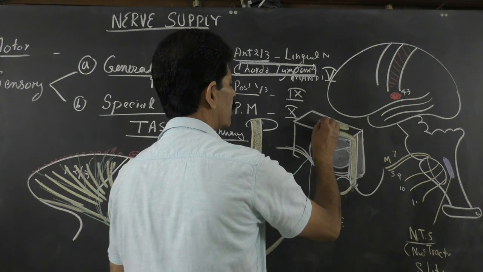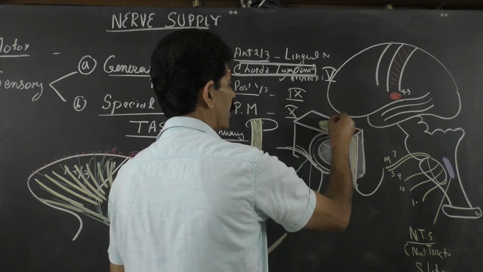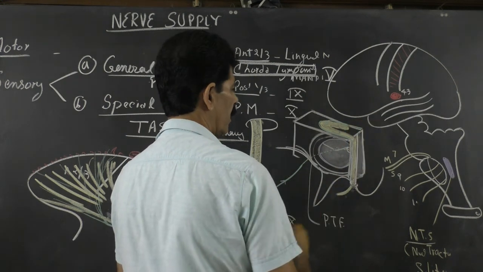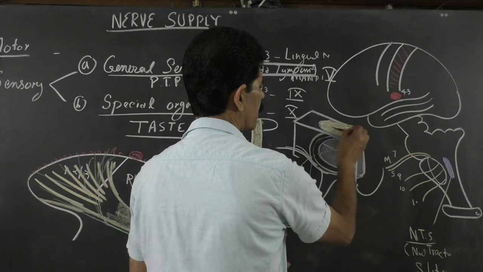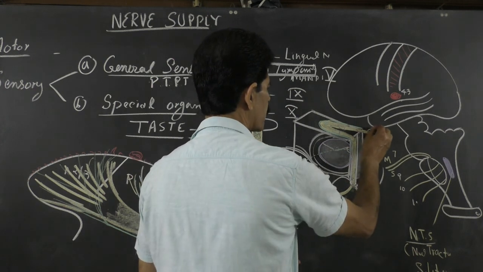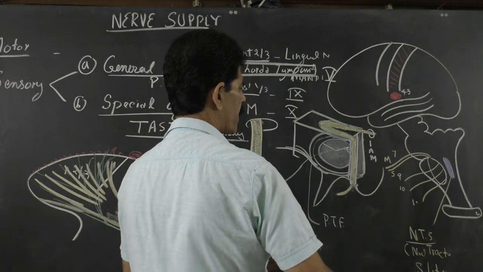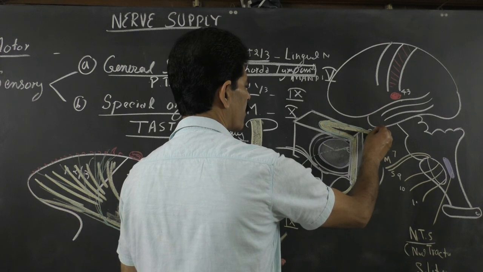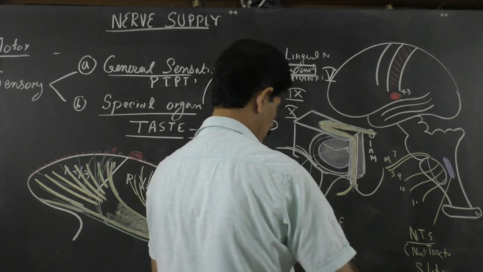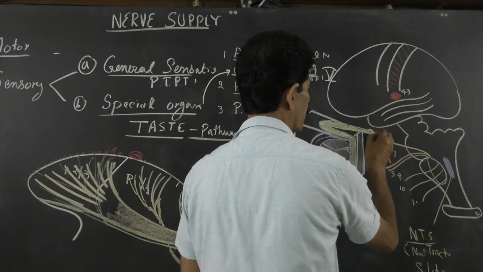and from here the axons start, and these axons accompany the motor component of the facial nerve, which comes out of the petrous part of the temporal bone through the internal acoustic meatus. So the chorda tympani accompanies the facial nerve, and from here, as the facial nerve enters the brain through the pontomedullary junction,